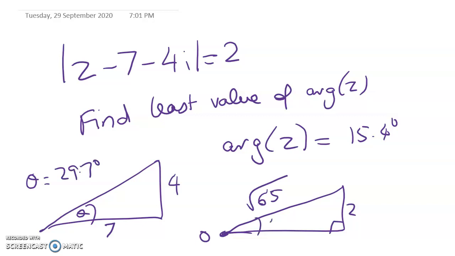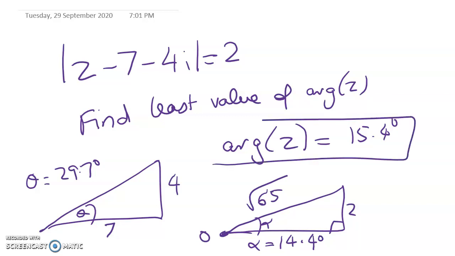And what did I call this? Alpha worked out to be something very little, 14.4 degrees. And we've got a tiny bit of rounding going bad in there, but my final answer that I got was 15.4 degrees. So please, if you're in 13 MCA 2020, make sure that you can do these questions